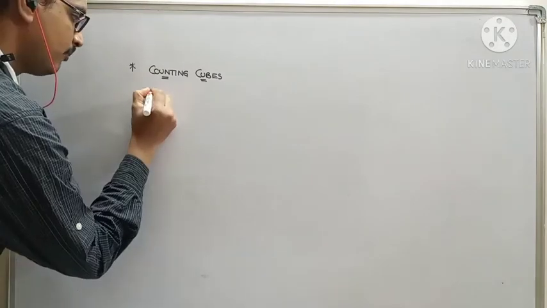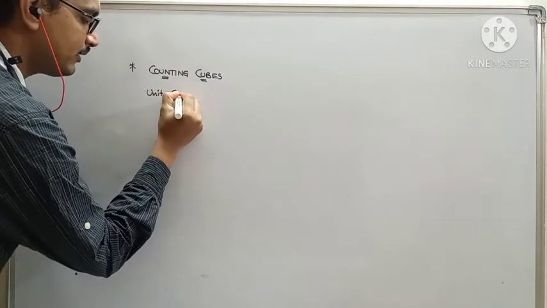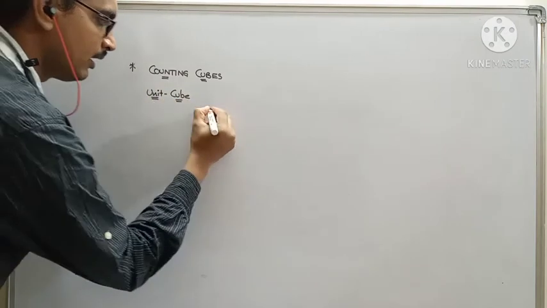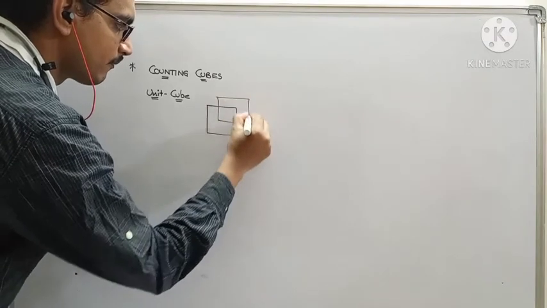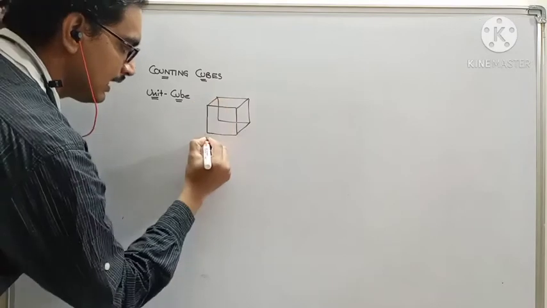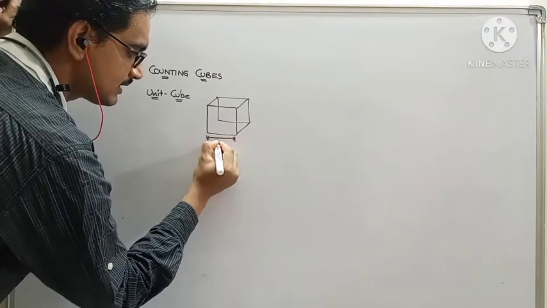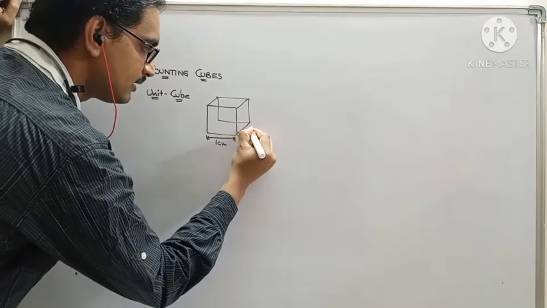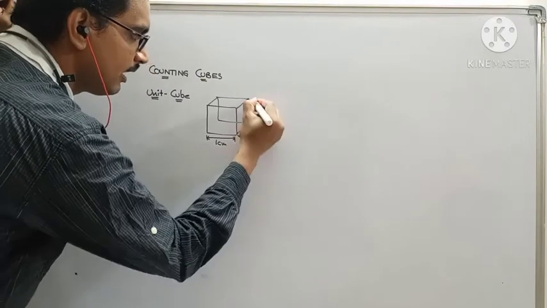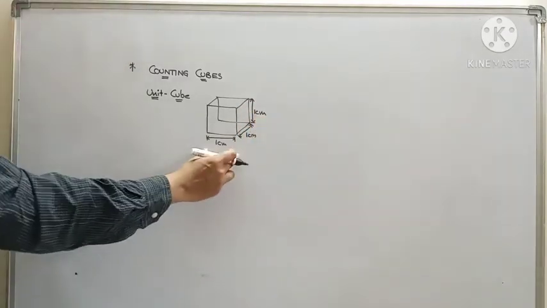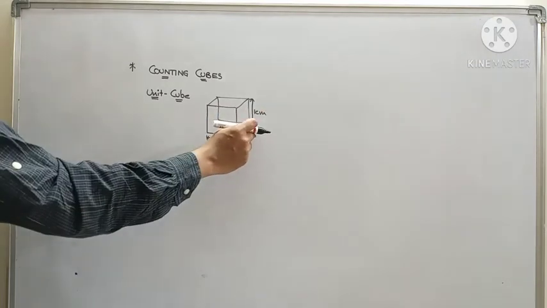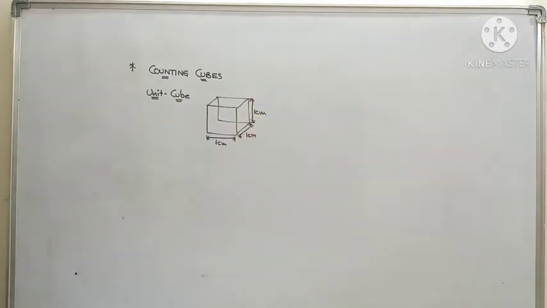Now, unit cube. Based on the concept of unit length, we are going to have unit cube. That means, if you take a cube like this, length, that means this side is going to be 1 centimeter and the breadth, this is going to be 1 centimeter and the height is also going to be 1 centimeter. Okay, such cubes we call unit cubes. This side and this one and this, all the three dimensions of a cube are going to be 1 centimeter. Such figures we call unit cubes.